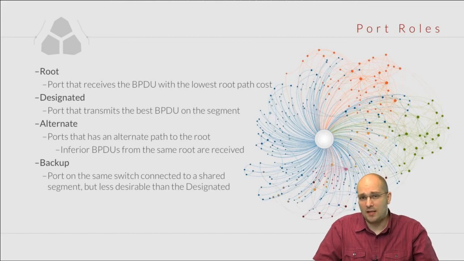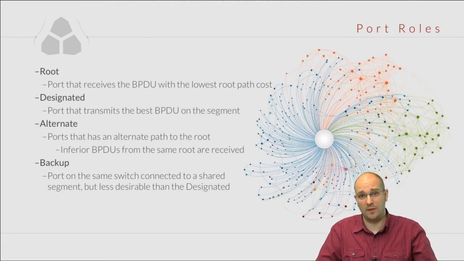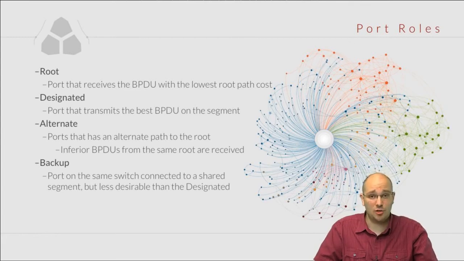However, in the rapid spanning tree, we have two additional roles. One is the alternate port, which is simply the port that is transmitting the BPDU that is superior to our own BPDU, but it is inferior to the BPDU received on the root port. These ports are going to be in a blocking state, but we know that we can actually reach our root through them. In a case of the root port failure, one of the alternate ports can be immediately transitioned to become the root port, and remember what happens with the port that is a root port, it can transition to